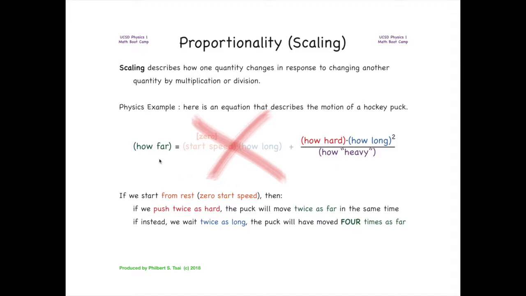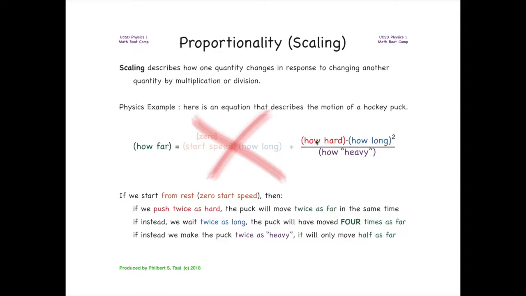And our equation now tells us that we have a quadratic scaling: the observed variable is equal to a proportionality constant times our changing variable squared. And because of that squared factor, if we wait twice as long, the puck will have moved 4 times as far. Finally, we could choose to make the puck twice as heavy, in effect changing how heavy the puck is